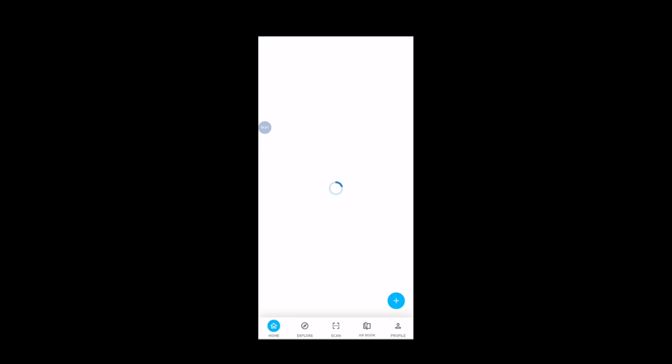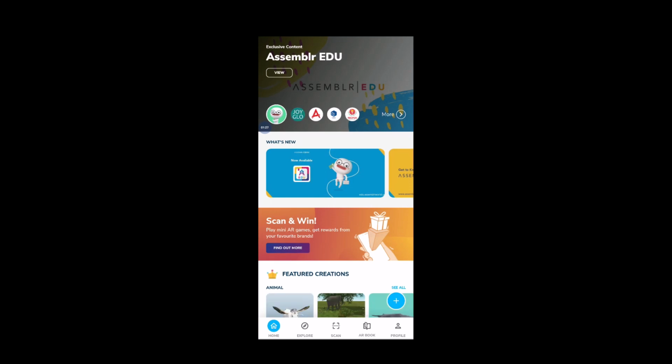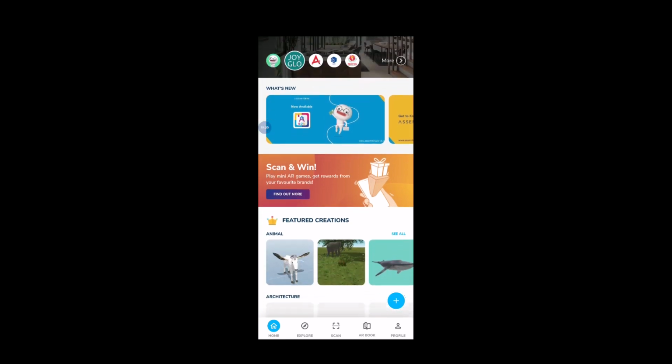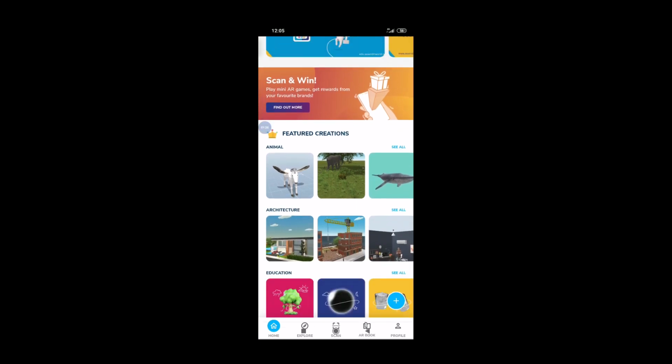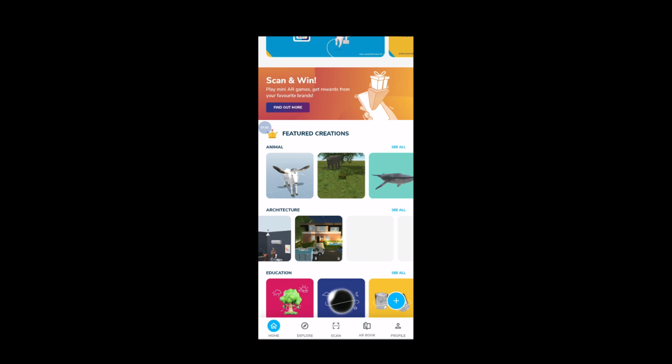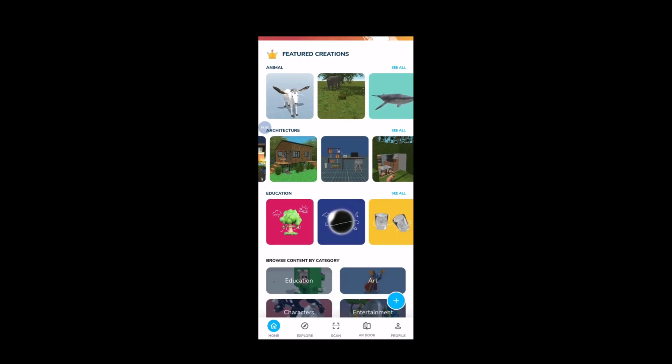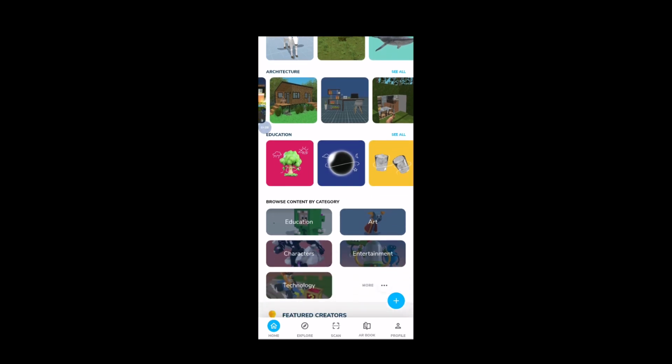In this, we are selecting the same as what I expressed in the other application. Here we have to select characters. Lots of different characters are available here, like animals, architecture, and education related contents. We can express a more animated experience to our children. We can express the content in the form of stories. Education related contents are a lot, and technology related concepts, entertainment concepts, art related concepts and cultural aspects are there.